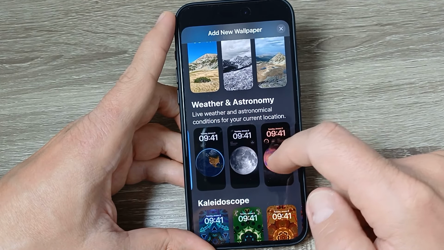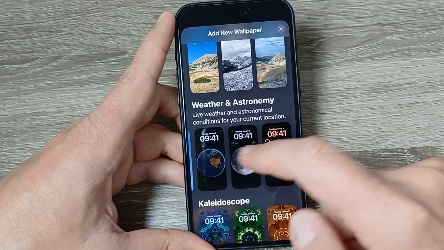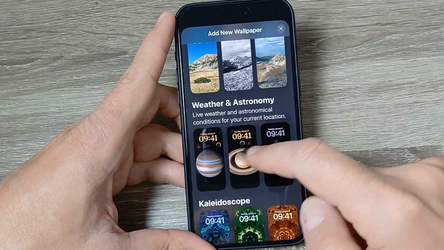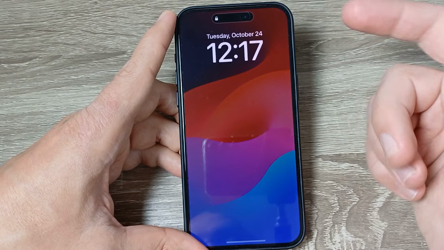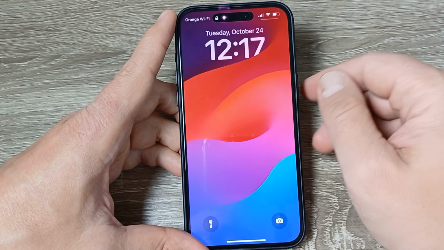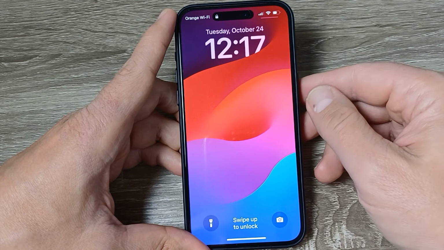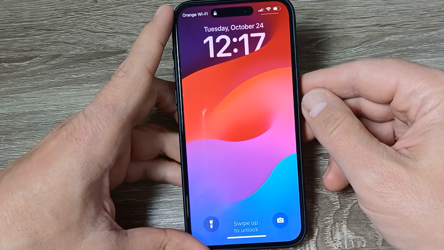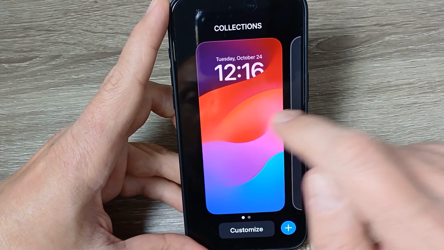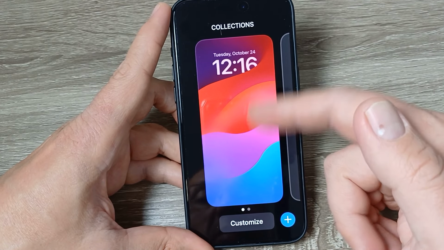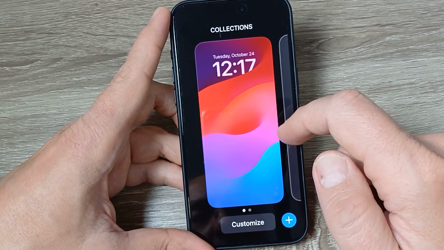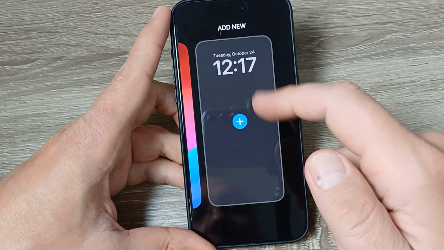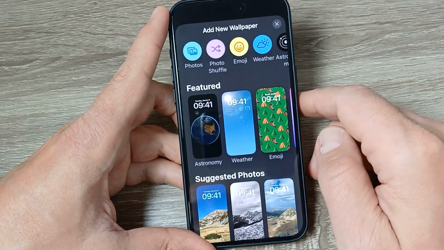In this video I will show you how to change and customize the wallpaper for the lock screen on iPhone 15, 15 Pro and Pro Max. So here is my 15 Pro Max and to change and customize the wallpaper it is very easy. Just push it long on the home screen. From here you can customize this one, but I want to change it. For that, swipe to the right and add a new one. Tap on the plus sign.